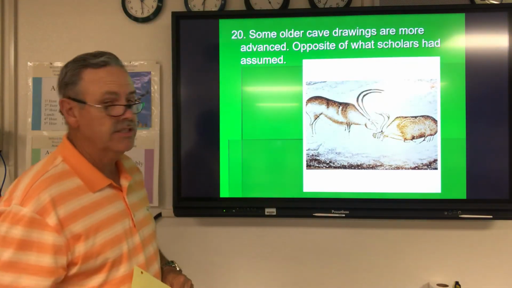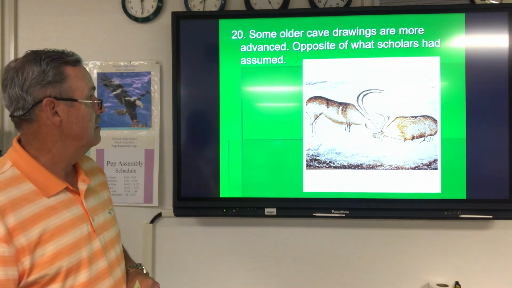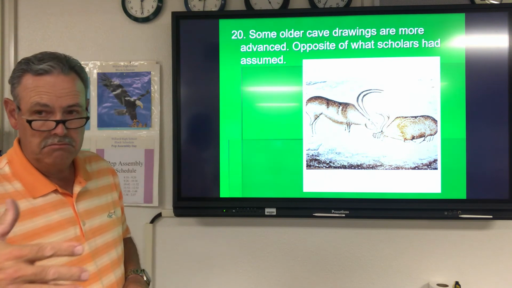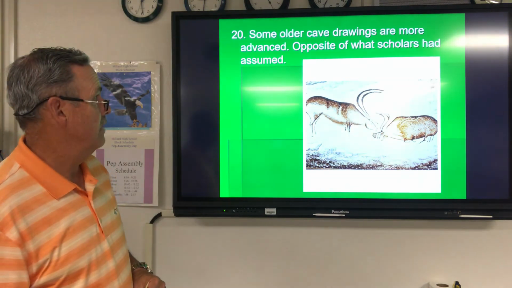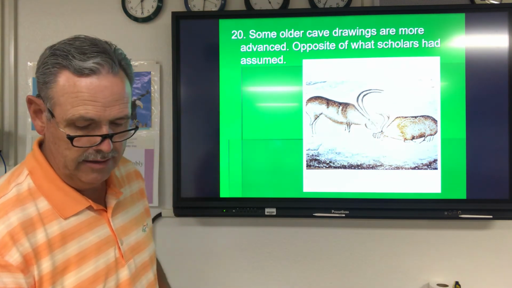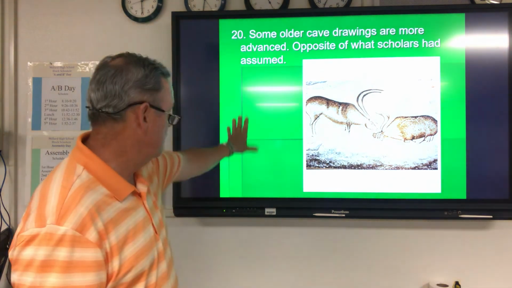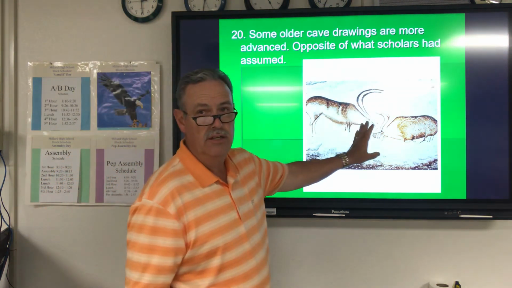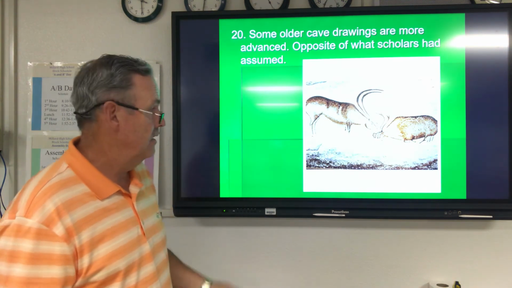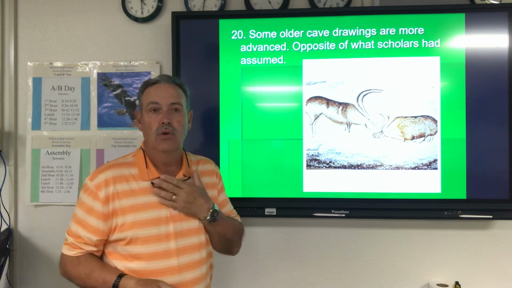Okay, and this is an interesting statement. Some older cave drawings are more advanced than other cave drawings that are more recent. And that's opposite of what scholars had assumed. So if you look at a cave drawing, and maybe I've got two up here, this one looks better than this one, you might assume this one's newer, more recent, but it wasn't always the case. And I think the explanation for that would be that